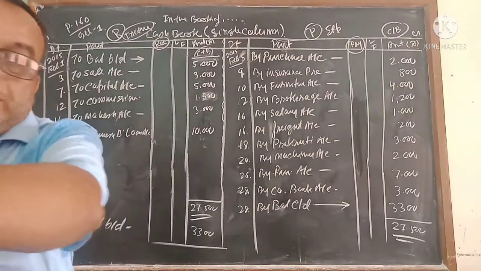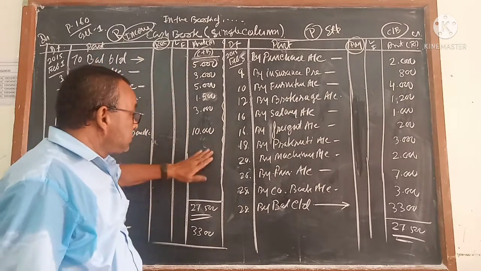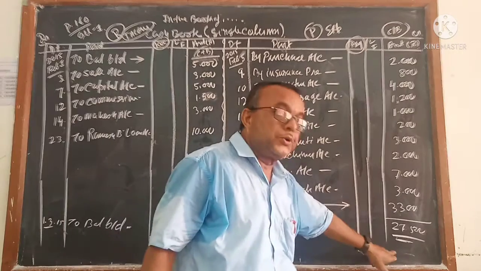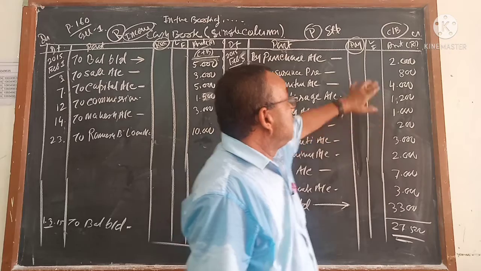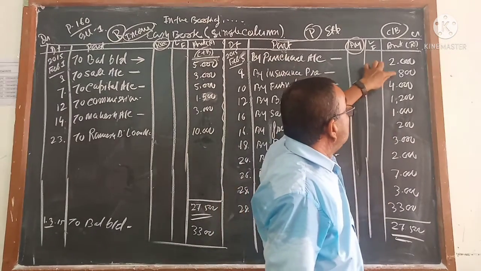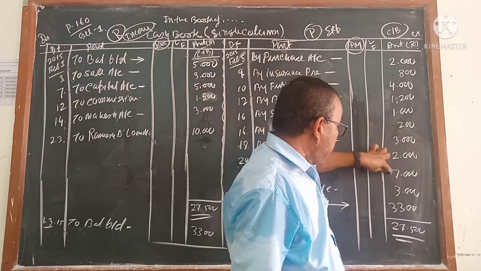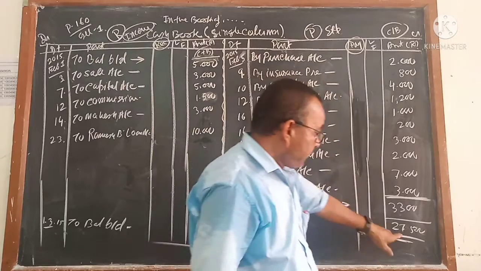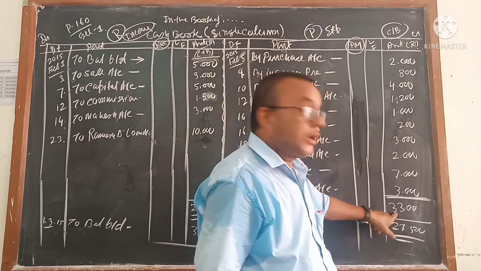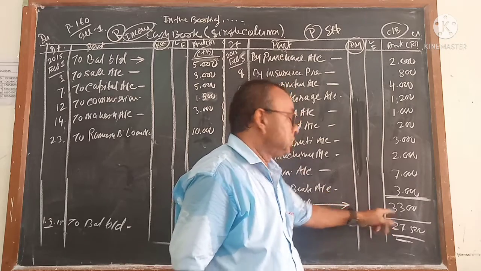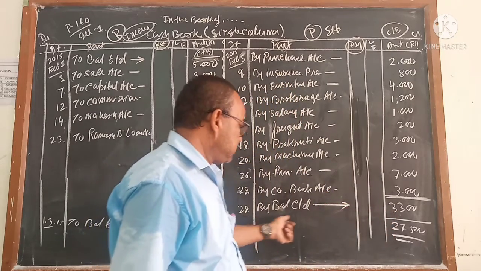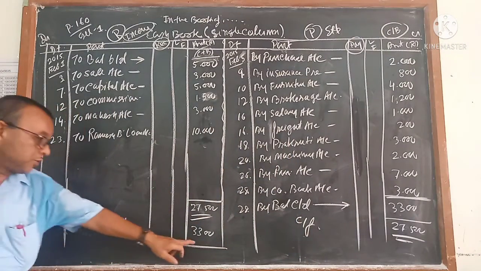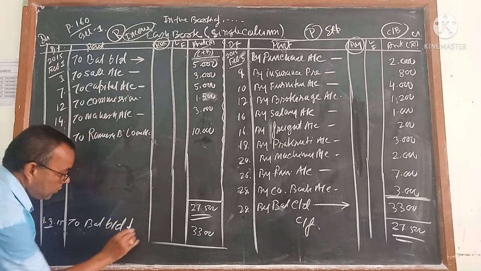You understand? Once again I want to tell you how to close this one. Which side is more? That side you add. This side is more. We added this side, and the total you write on the opposite side. Then you close it. Then add what amount you wrote in the credit side, 1, 2, 3, 4, 5, 6, 7, 8, 9, 10, up to here. The figure that comes on adding, you deduct from 37,500, you will get 3,300. That is the balance, and that balance you write last day CD or CA. Anyone can write. And the same amount you write on the opposite side next day BD or BA.